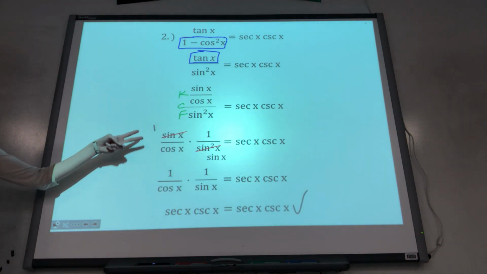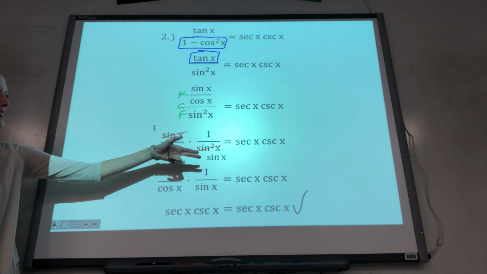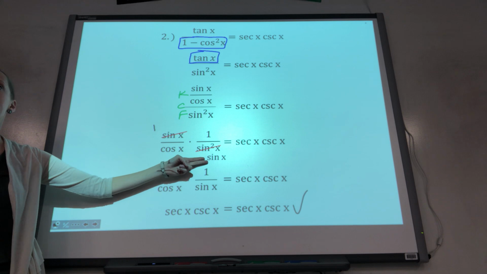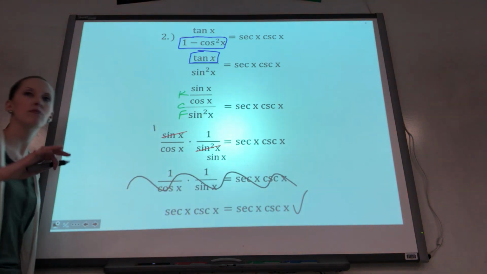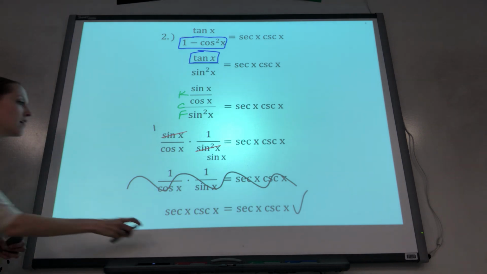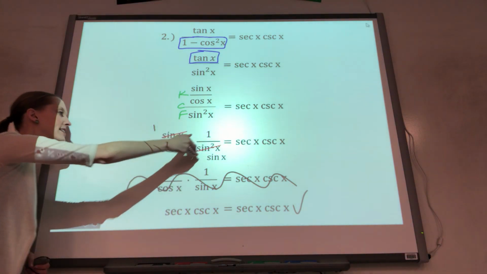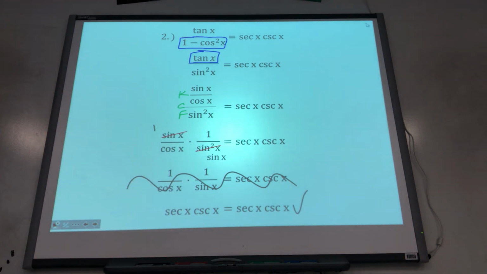But again, if you show this work right here, where you cross these out, put a 1 there, put a sine of x right there, you probably can leave that step off. I can see from here that it's going to be a reciprocal identity. All right, but I'd say every other step up there is important. Make sure you show all those others so I know which identities you used.